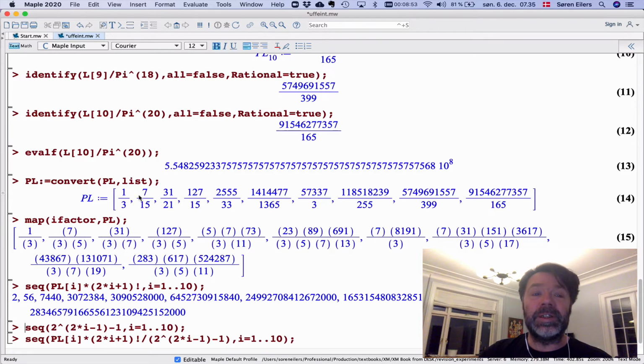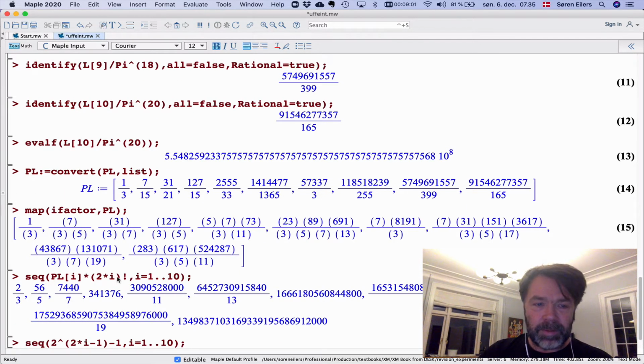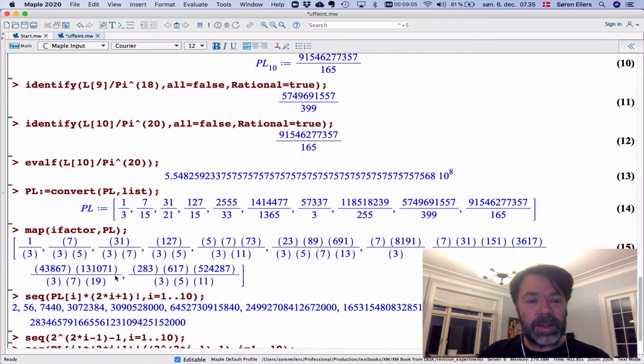So of course these are the even values. So this is 2, 4, 6, and so on. So I have that, but it turns out not to be enough, right? If I do it like this, I'm 1 prime short. So I put plus 1, and now I get numbers that are all